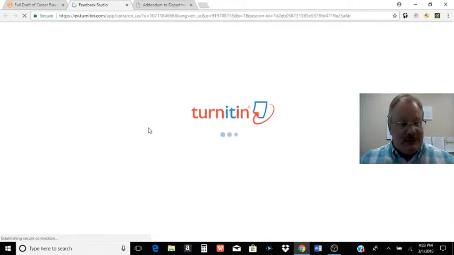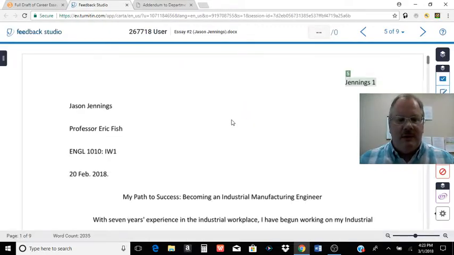Some of you are doing different types of careers though, that are a little bit out of the mainstream for internet students, which is okay. But it might ask you to sign your life away. You have to accept the conditions for the Turnitin site. But it's going to pop it up. You get this little taskbar at the side. The red is the plagiarism detector. So it's saying 14% of this essay has already been turned in by somebody else.